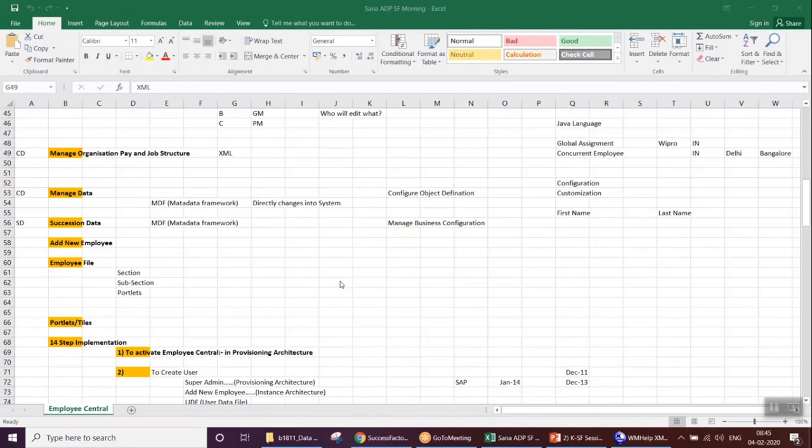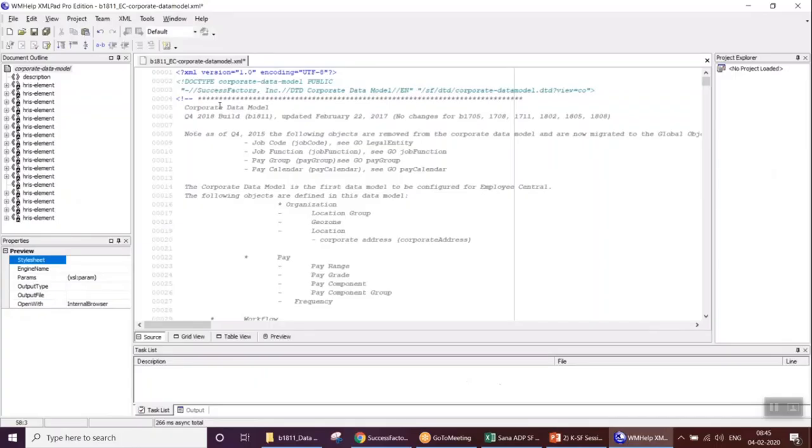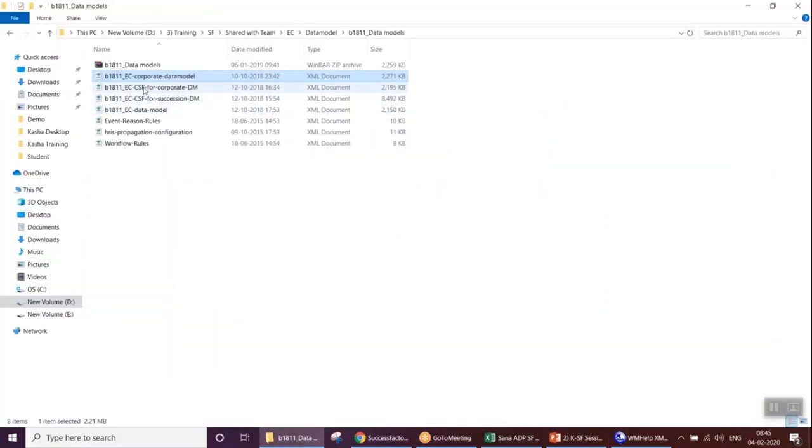That's right, Srini. So you mugged up everything, huh? All right, fine. So that's 7 data models. But you have to majorly work on the corporate data model and the country specific corporate data model. Then you can see the first 4 data models, corporate and the succession. You don't need to work on these because succession, everything has been moved to the